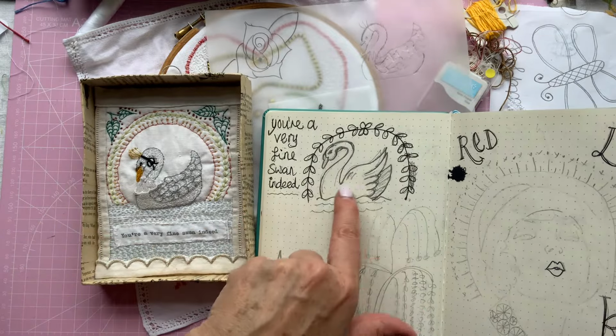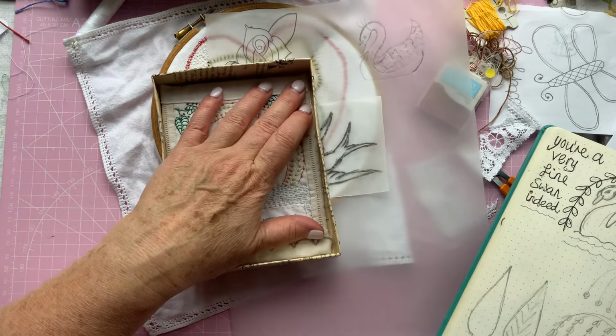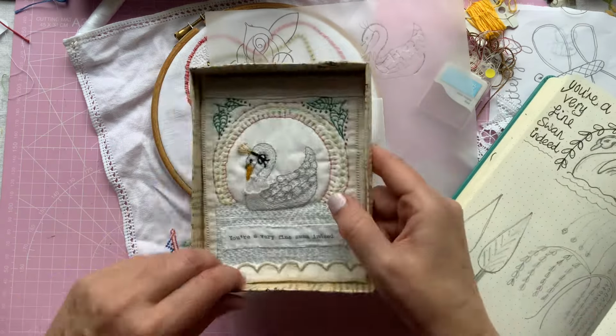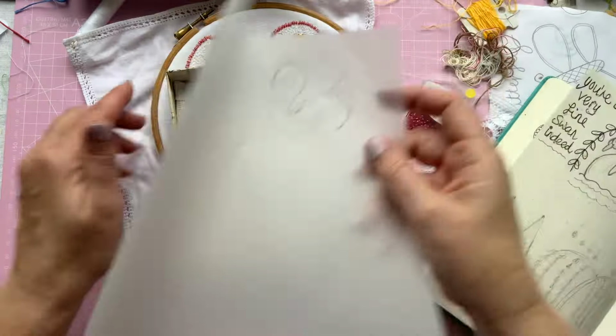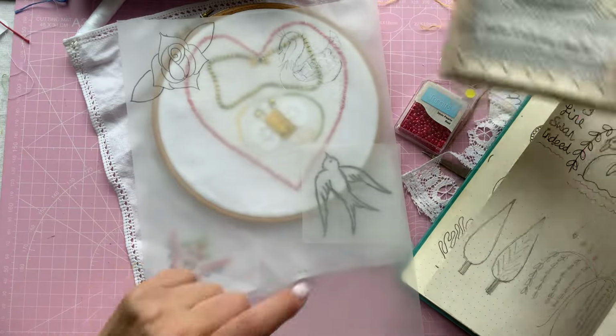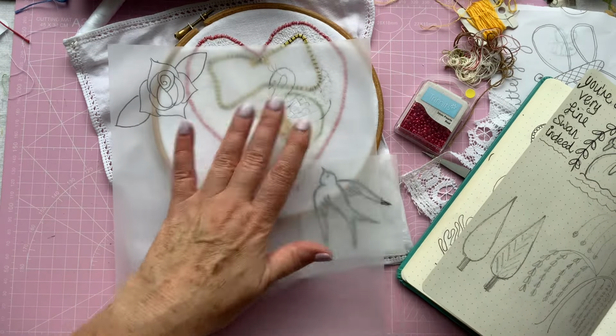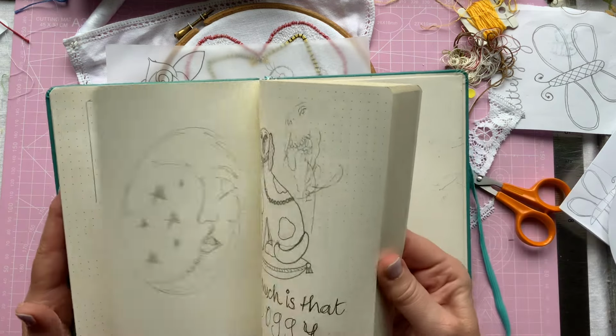So I didn't trace this. This here is just attached with sticky back tape. So I pulled it out and traced that because I couldn't find the original tracing of that. So I might use that swan as my little swan. I also found